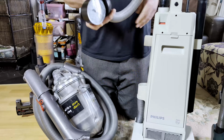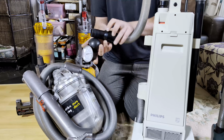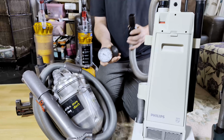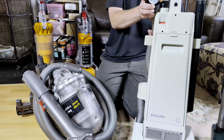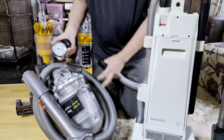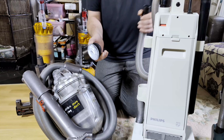But essentially, you take your hose, which is going to be a bit of a limitation. We can only use this on something with a hose. And I think I'm always going to use the hose unless we don't have one. Obviously, I can stick it on the machine itself and we might get a better reading, but I think certainly with the hose will affect the airflow a bit. It'll keep everything quite fair. So if we turn on the Philips,